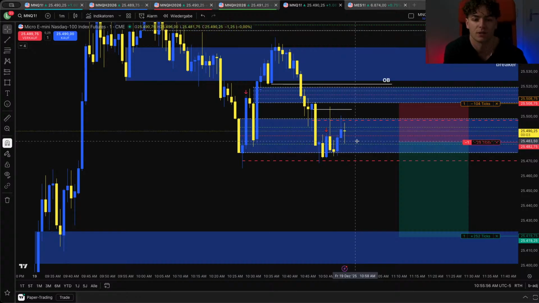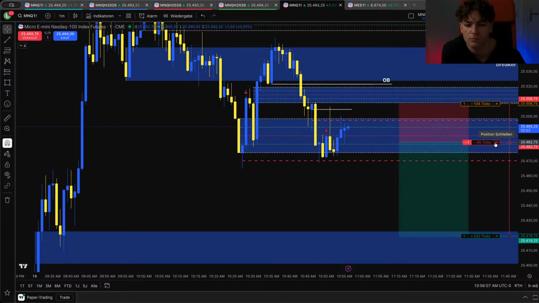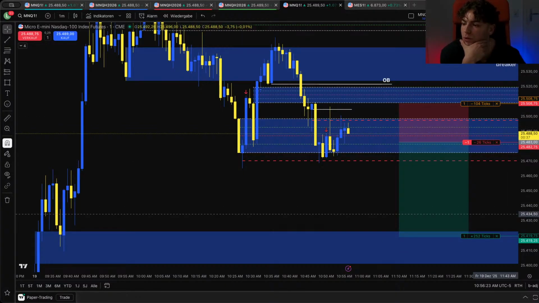I think if price gets back to break even, not looking too bearish. S&P moving sideways. Dow also moving sideways. Okay,